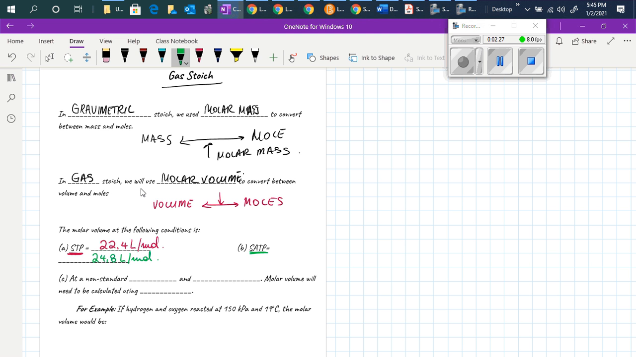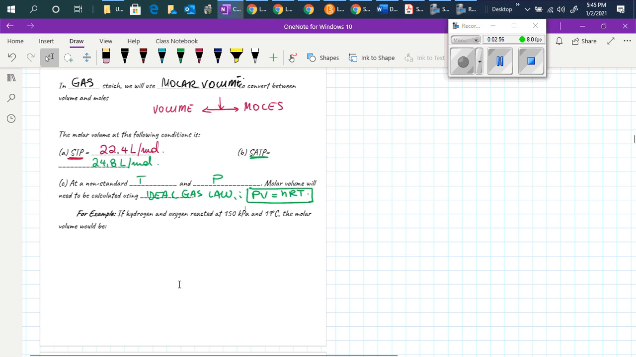And when we have non-standard temperature and pressure, what we are using is the ideal gas law, which is PV is equal to nRT. Okay,